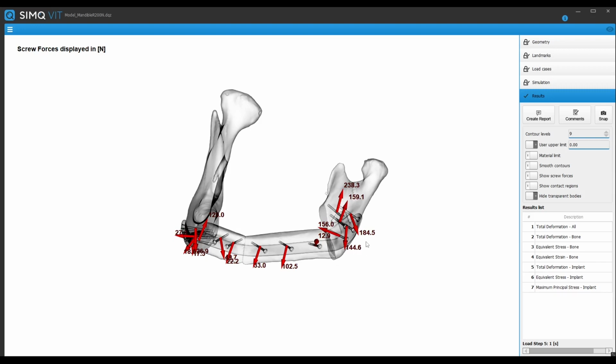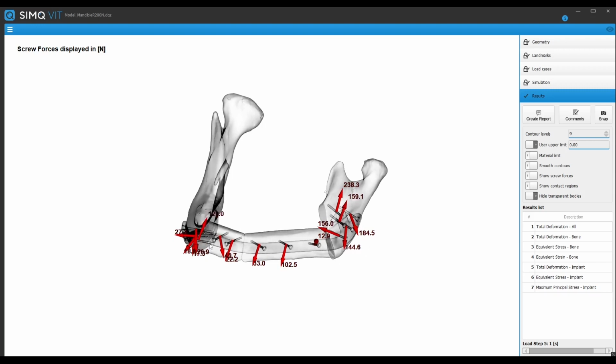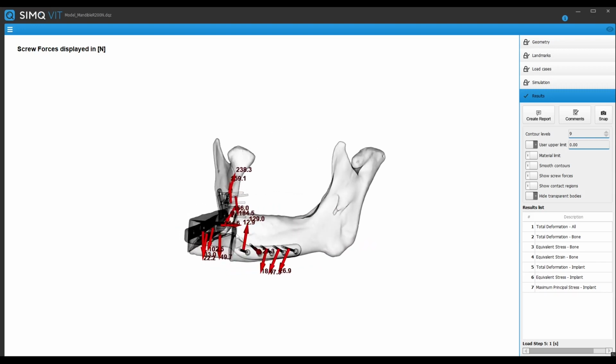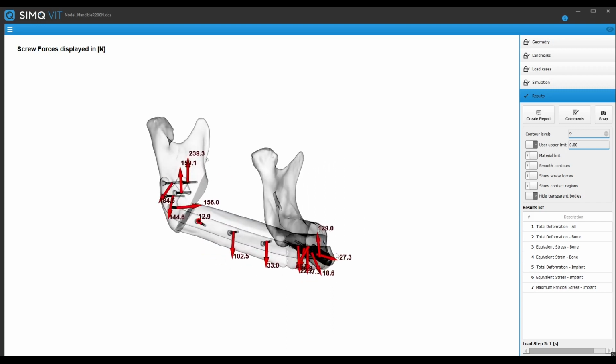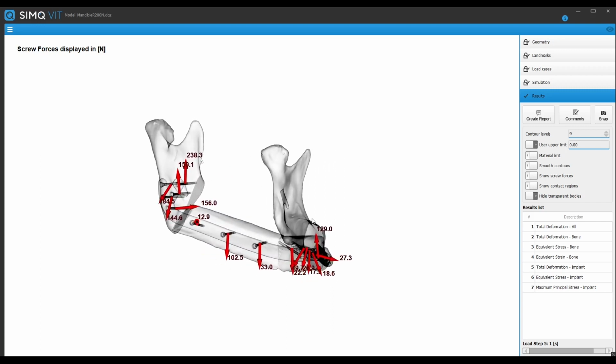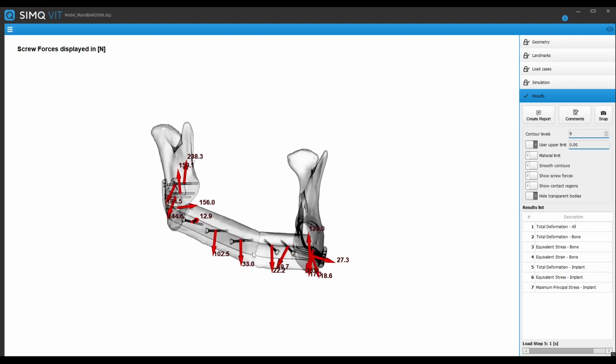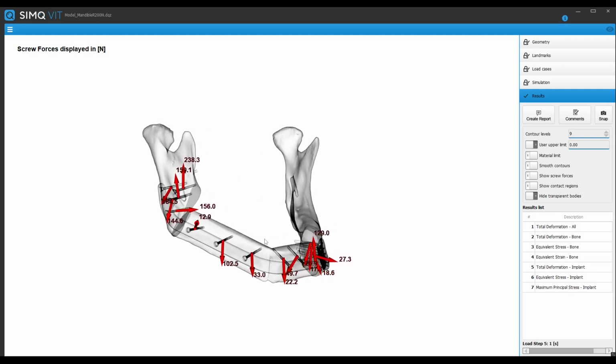You can see in the front area that there's not too high of a load because again, that main force is coming from the bite on the premolar. This produces a lot of stress in the mandible in that region which is further away from the bite. One thing you want to keep in mind, we want to make sure that there's not high stress on the screws because this can lead to screw loosening and stress shielding within the bone, which can then lead to reduction